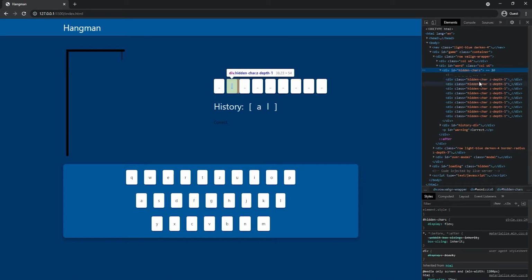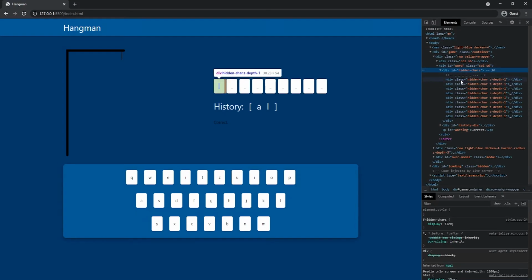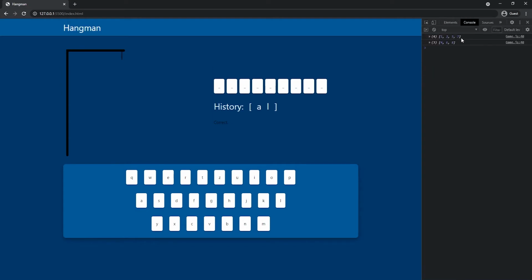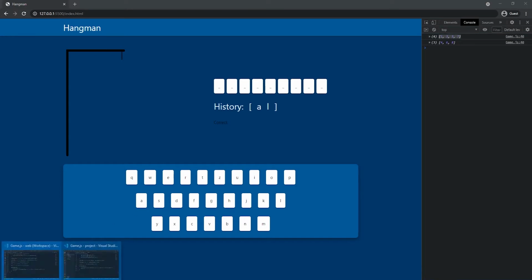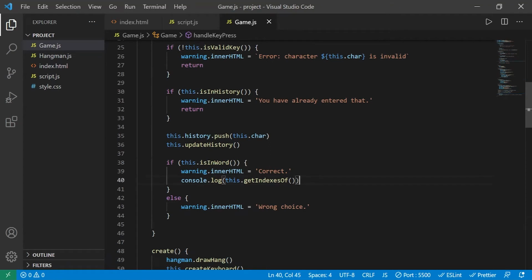hidden character that is on that index with that key, so with this dot character, because in this case we have entered the A, so the character A must be replaced on all these indexes. So we will say document.getElementsByClassName hidden character, and then we will select all of these indexes, so we will iterate over this array and then just change their inner HTML. So we will do that easily in here, and we will just say